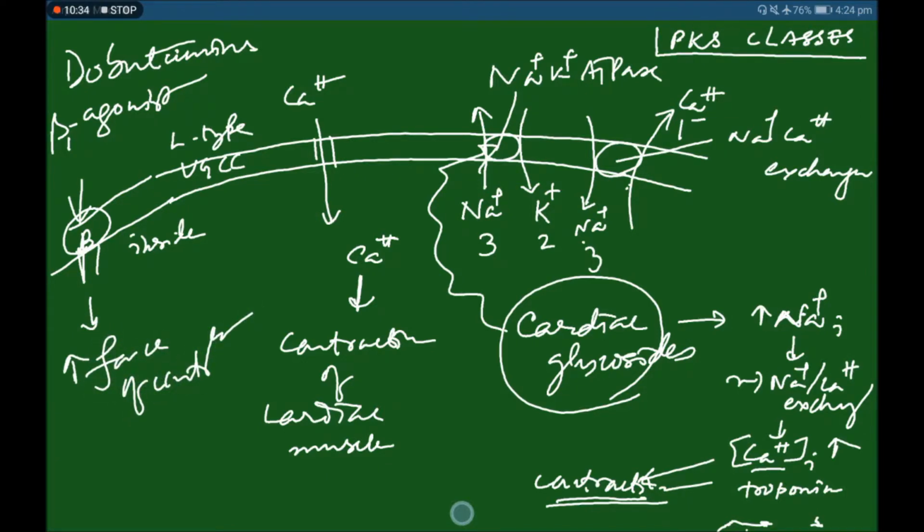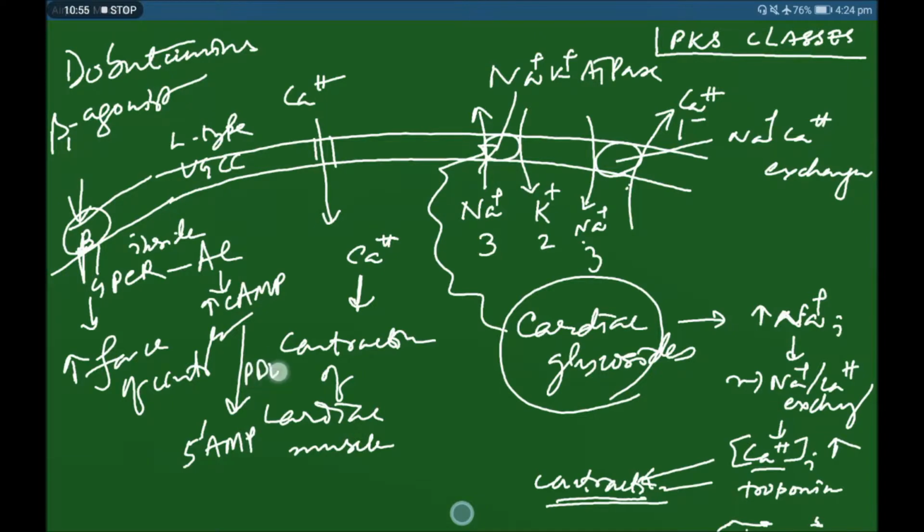Beta 1 is a G protein coupled receptor, and this G protein coupled receptor is linked to adenylate cyclase, so there will be an increase in cyclic AMP, and this cyclic AMP is converted to inactive 5-AMP by phosphodiesterase. So phosphodiesterase 3 is there, so PDE3 inhibitors can also be used,